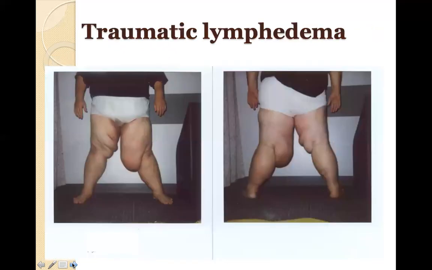Traumatic lymphedema. This is an individual I saw a number of years ago who had a motorcycle accident, and it actually injured the lymphatics right along the medial knee. As you recall, those lymph collectors, those strings of pearls, so to speak, are fairly straight, and they go up from the feet through the legs. They kind of merge along the medial aspect of the knee and then course up the medial thigh to the inguinal lymph nodes. And what happened in this individual's case was he had quite a deep scar across the